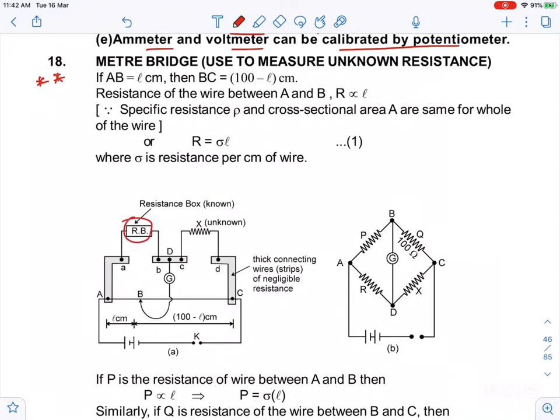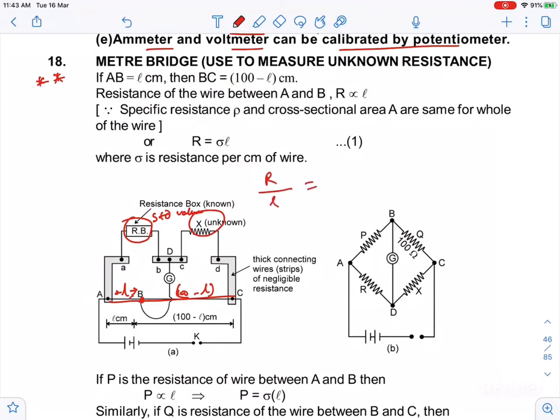Now the meter bridge is this combination. This is a resistance box, or some standard resistance, a standard value of resistance, and this is an unknown resistance. You can calculate this unknown resistance in terms of the standard resistance. You have taken 1 meter length. Suppose the galvanometer shows deflection 0 at this point, so the length from this end is L. Since the total length is 100 centimeter or 1 meter, this length is 100 minus L.